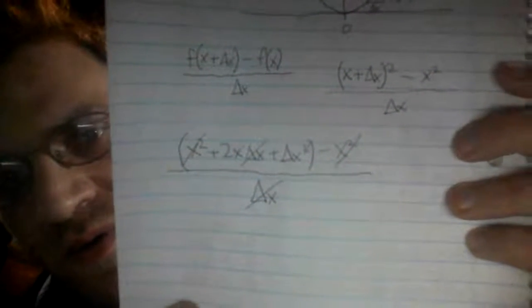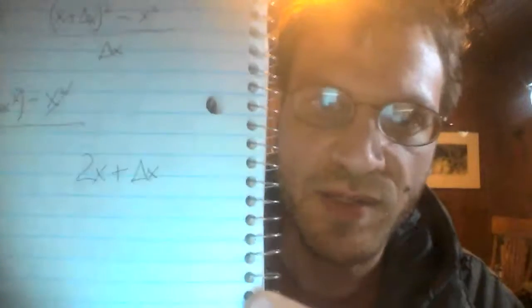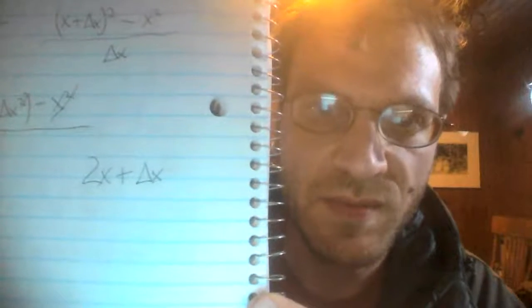So those things all cancel out, and what we're left with is just 2x plus delta x. And in calculus they'll talk about limits, like as it approaches 0, but for the purposes here, we're just saying delta x is basically 0. It's so small that, it's the limit as delta x approaches 0. I don't want to get into that. So basically